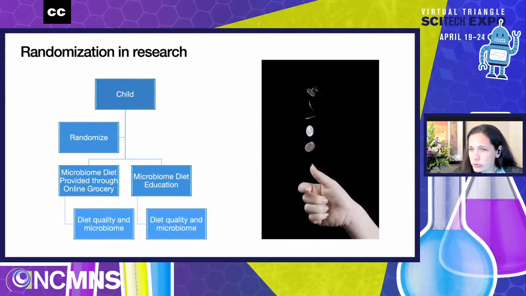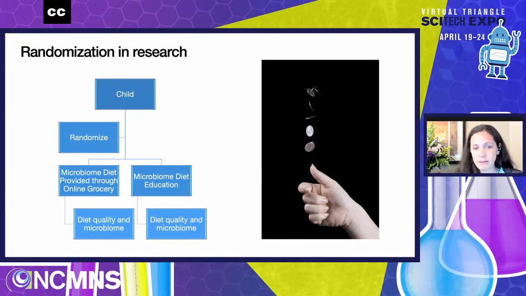So I mentioned two groups, and you may have heard about this before in your science classes, but a lot of times when we want to understand if something that we think might work actually truly works, we do something called randomize. Okay, and it's just like it sounds. We make things kind of random, like the flip of a coin. So when each of those 40 children that we want to enroll in the study, if they agree and want to be in the study, we say, okay, we're going to flip a coin. And if it's heads, you're going to be in one group. And if it's tails, you're going to be in another group. We don't actually literally flip a coin. There's a computer program that does that now, but it's basically the same thing.